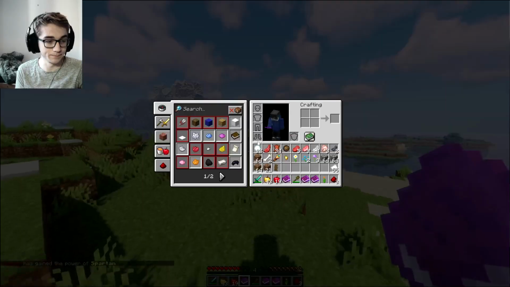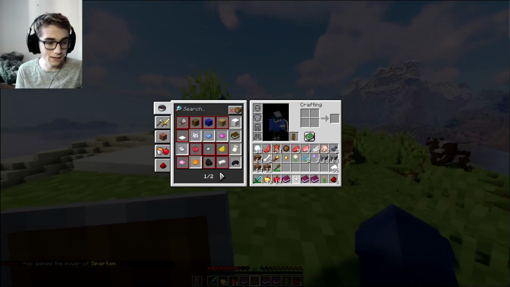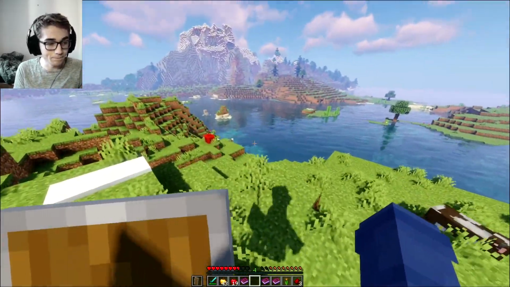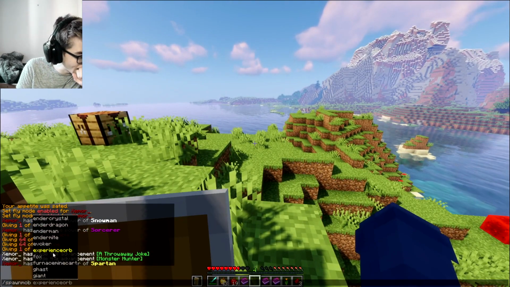Okay, Spartan. So the gimmick is you get this shield, and firstly the shield's unbreakable, and even if you get hit with an axe, this shield is not going down. So if I can remember who it is with the axe,